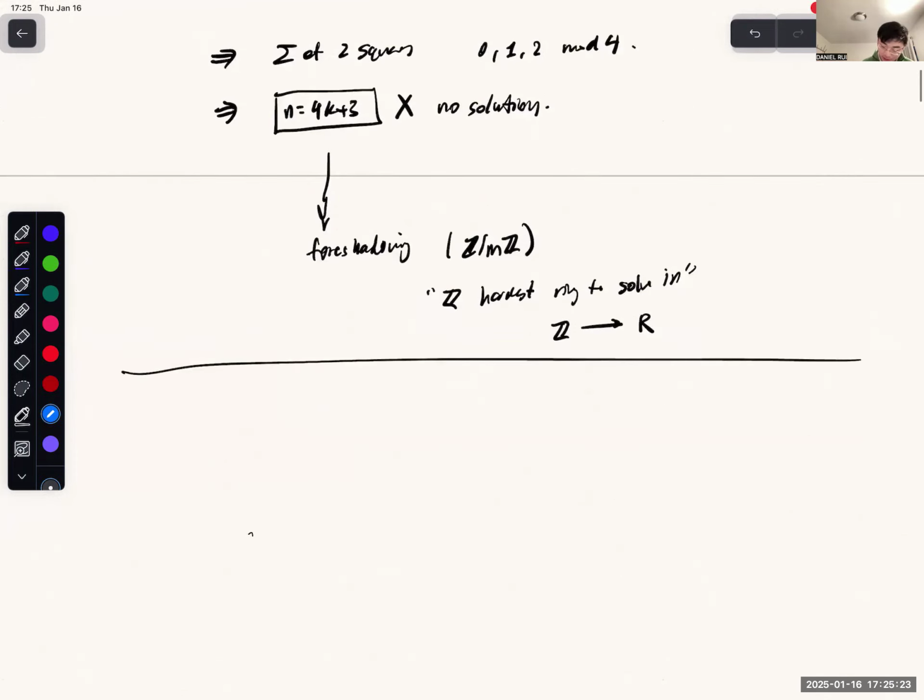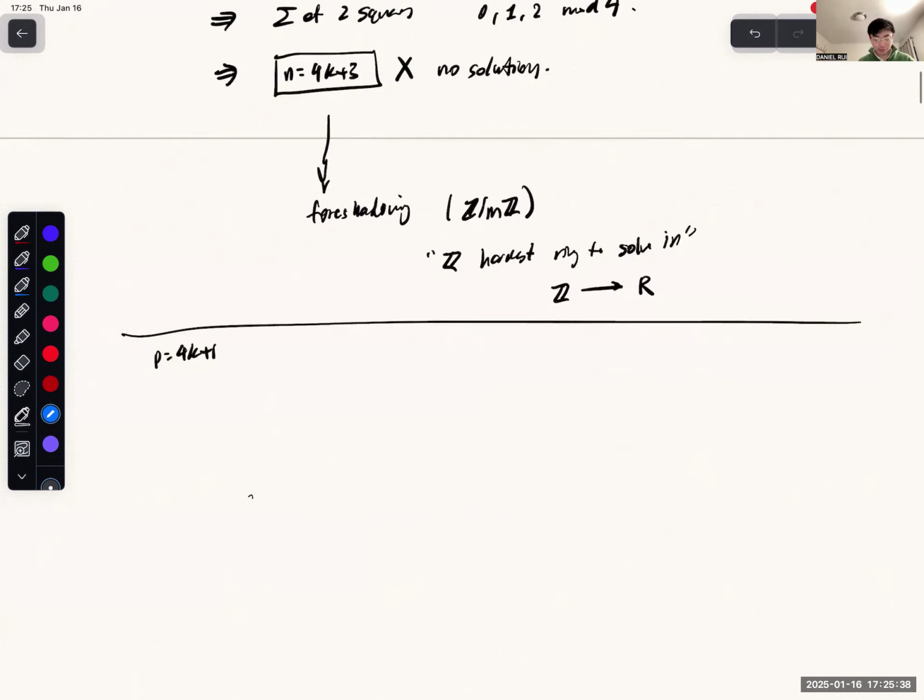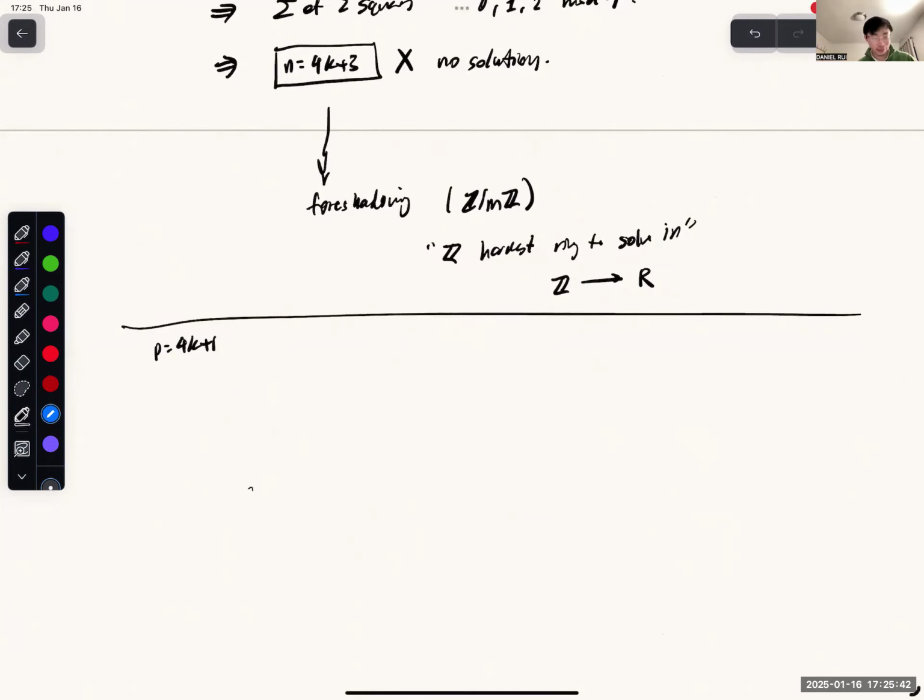What about p equals 4k plus 1, right? Most primes are either 4k plus 3 or 4k plus 1. There's only one that isn't, p equals 2. I might say a few words about p equals 2 throughout the hour, but I think most of the time that is just 4k plus 1 and 4k plus 3. Okay. This is a famous possibility result